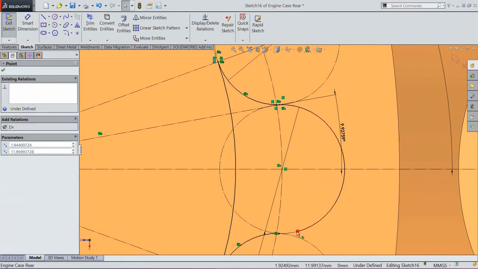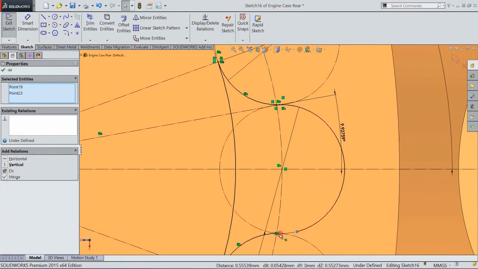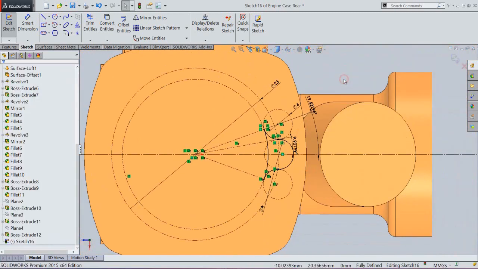Okay, select this point and apply merge relation. Okay, now my sketch is complete. So finish the sketch.